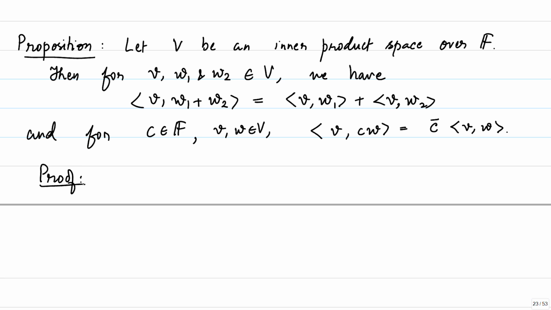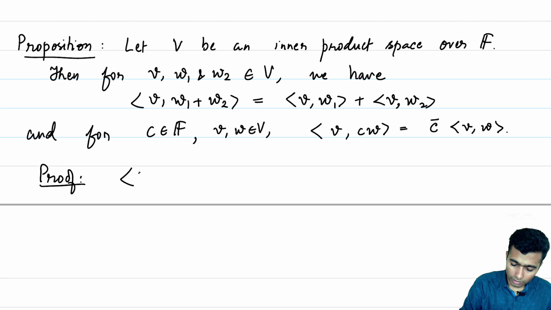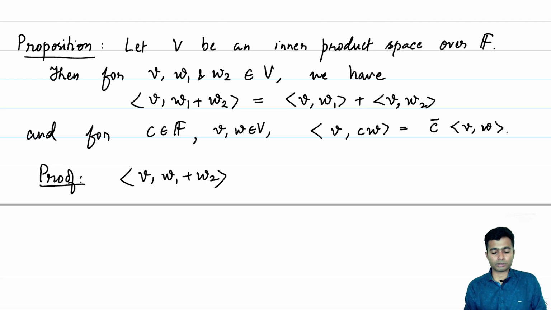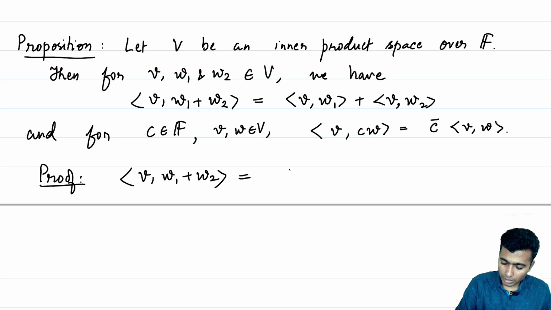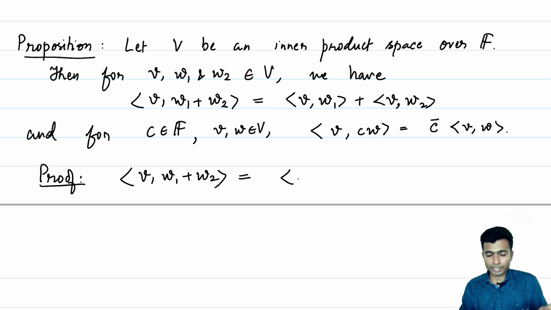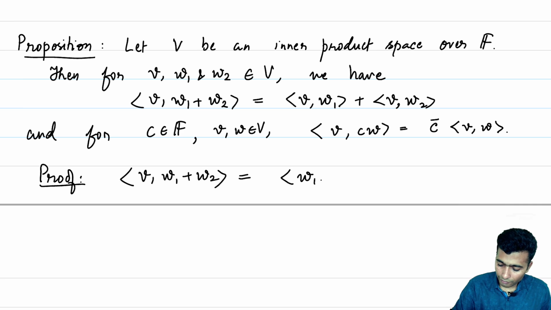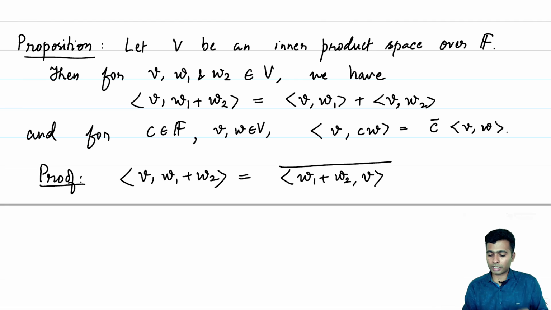What we have is conjugate linearity in the second variable. It is not just linear. If you notice, C is not coming out, it is C bar that is coming out. So, let us first check for the first identity, namely what is this? This is nothing but, by the conjugate linearity of our inner product, this is just the conjugate of the inner product of W1 plus W2 comma V. Now, let us analyze what is